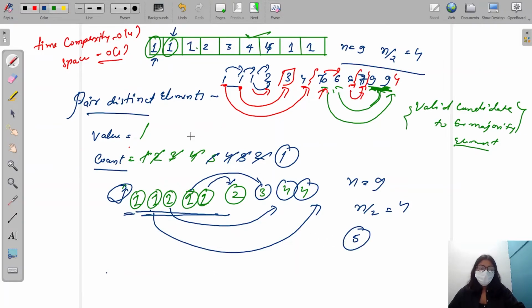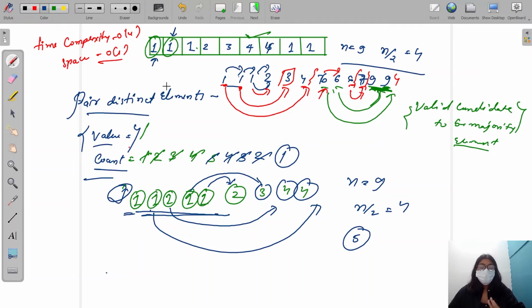So I hope I was able to make it clear to you guys that first of all, we'll be keeping 2 variables, value and count, initializing my value to be ARR of 0 and my count to be 1. And then I'm checking the value at every next index.